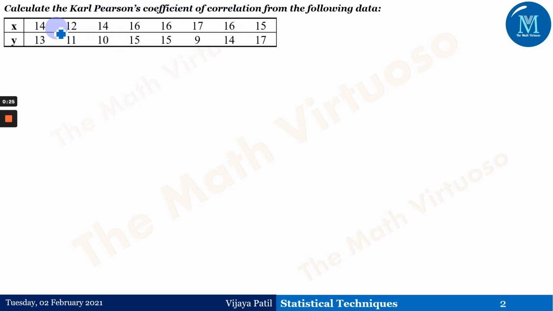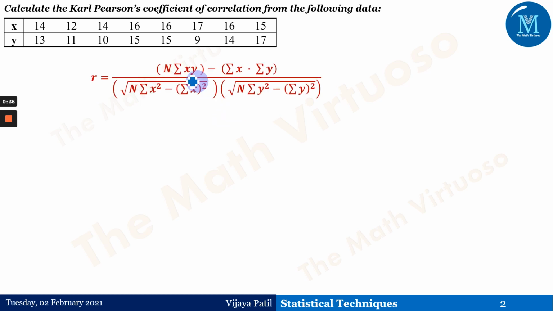So this is the question: calculate Karl-Pearson's coefficient of correlation from the data. Now, if you observe, this data has very small numbers like 14, 13, 12. The numbers are small for x and y, and that is the reason we'll go ahead with this type of method, which is known as the direct method. This direct method takes the variables directly, instead of going for an assumed mean or calculating the mean of the data. For this direct method, we need summation of xy, summation of x, summation of y. Accordingly, we need to form the table.